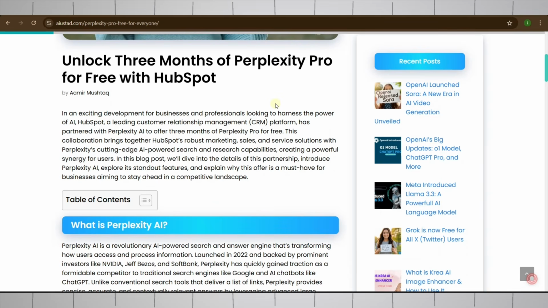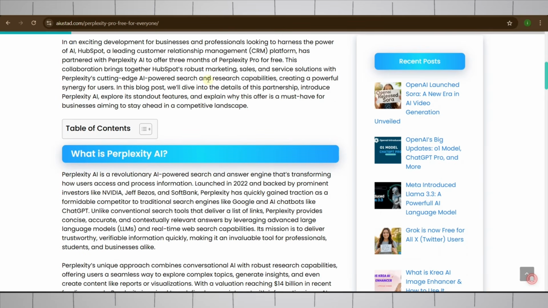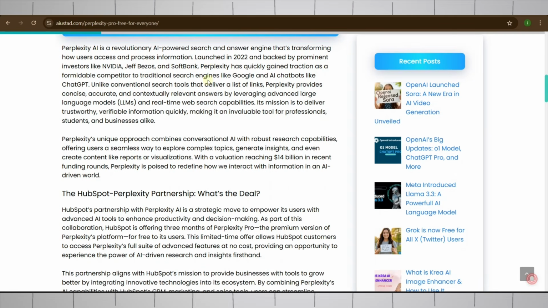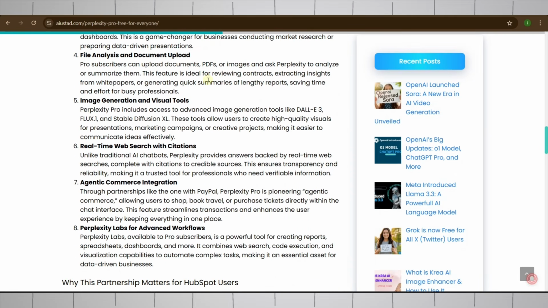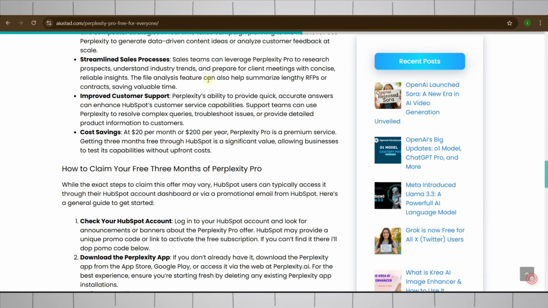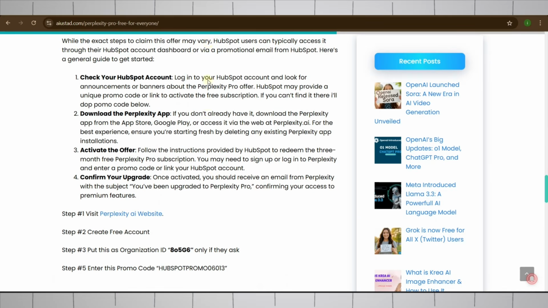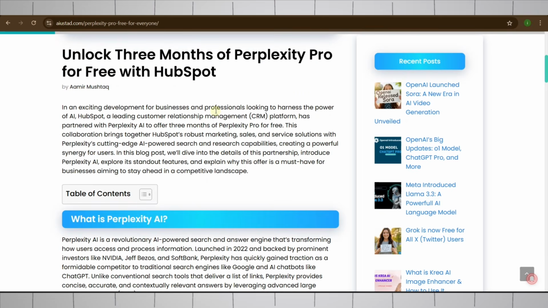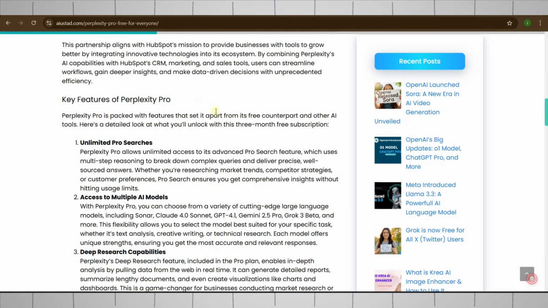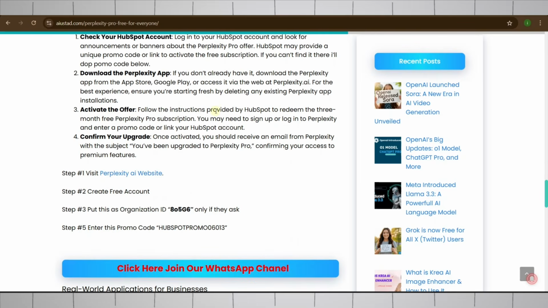Now, you can read more about this offer here, that how you can get this offer and how they are providing it. Well, it's a deal between HubSpot and Perplexity where they are offering a Perplexity Pro account completely free. After reading this, scroll down and you will see the steps to get Perplexity completely free. Now, in step 1, we need to visit the Perplexity AI website. Remember, this is a unique link, so make sure to go to the Perplexity website using this link